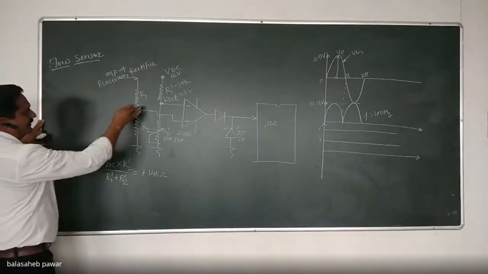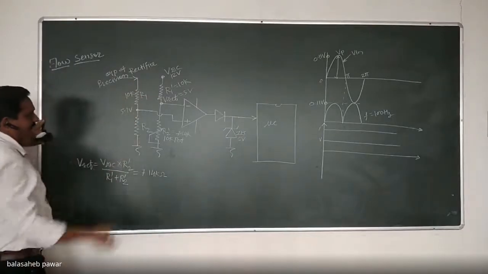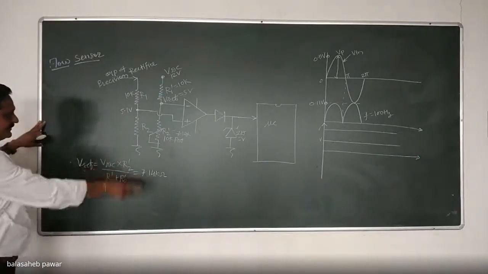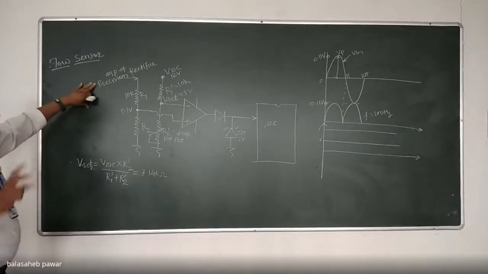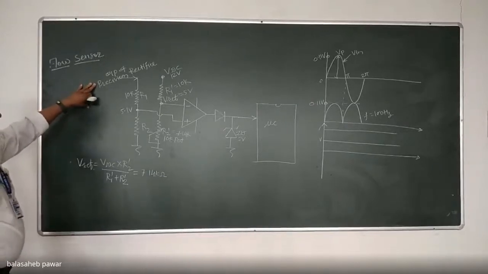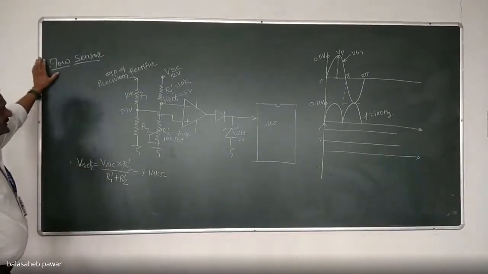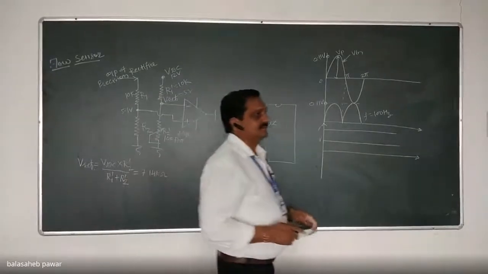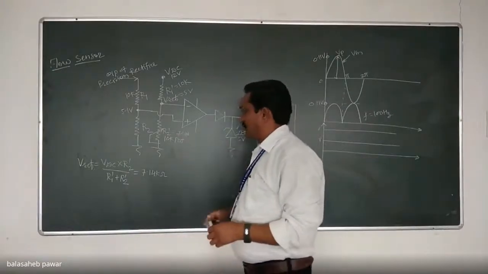Now about this one. Again, I will take this R1 as 10K. To have the node voltage as 5.1, how much should be the value of R2? Use the same type of formula, only its input you have to consider as 12 volts, because we want to obtain the maximum output after that flow sensor as 12 volts by using our precision rectifier. It will be slightly greater than 7.14.